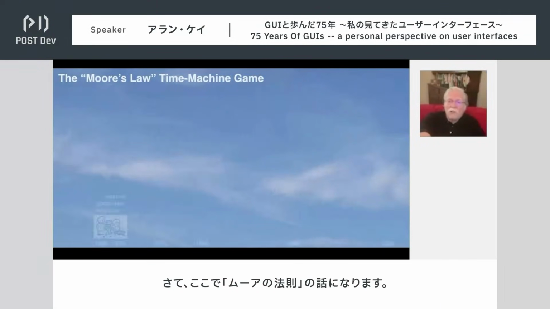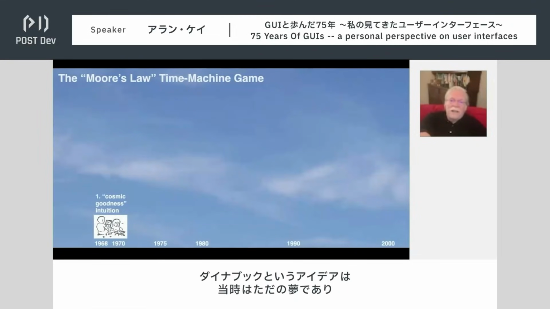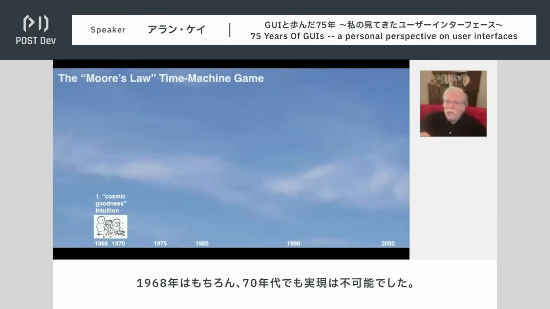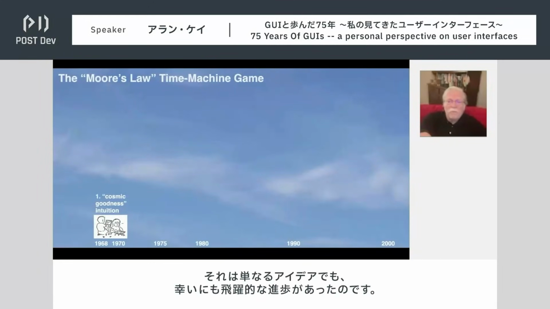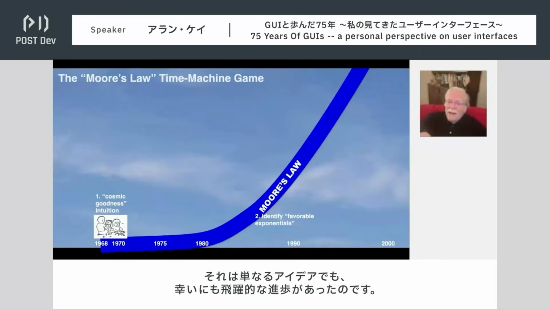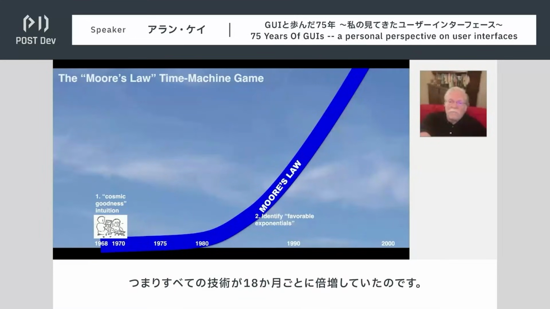So here's how Moore's law works. The idea of the Dynabook was just a dream. It was not possible in 1968 or even in the 70s. But it was an idea, and we had handy this exponential progression of everything good doubling every 18 months.